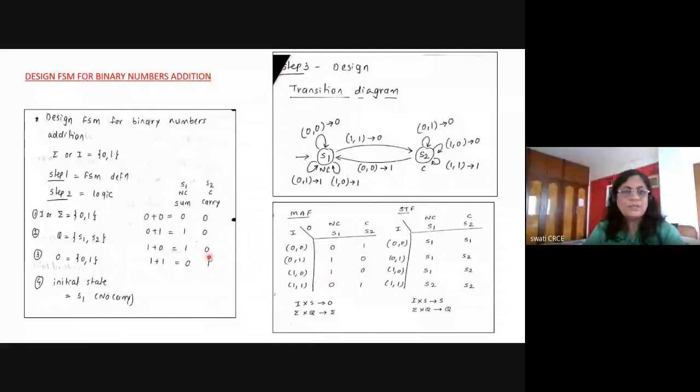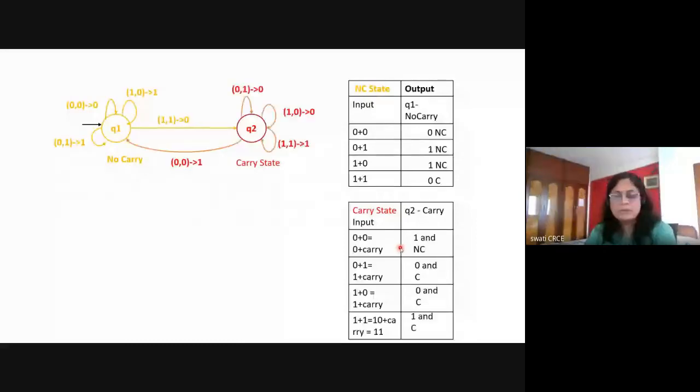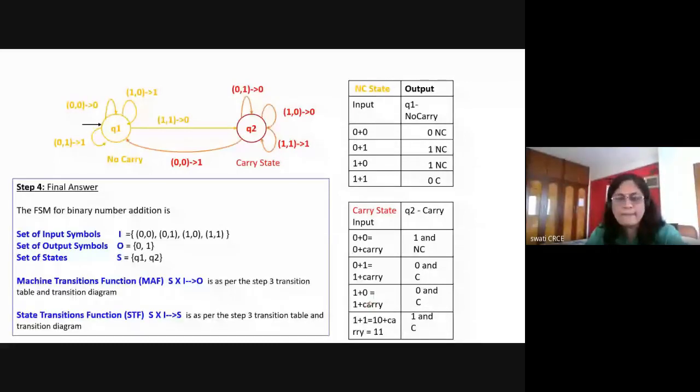Overall, for FSM you write down the first step as a definition, 1 mark for the definition, 1 mark for the final answer, and your design carries more marks. Here you may have 2 or 3 marks depending on the complexity of the problem, and the remaining marks are for the diagram and table. So you have to identify the input, output, states, write that down and represent your logic here, then draw the diagram, draw the table, and then write down the final answer. So there are a total of 10 marks for such questions. And now I'll ask some questions.